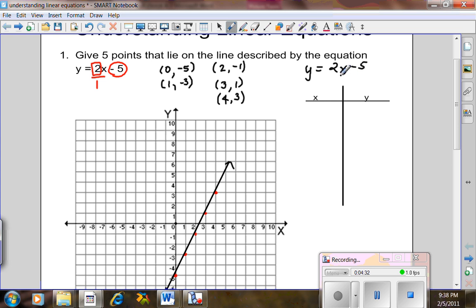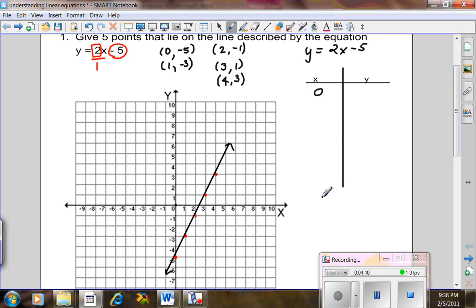So I'm going to put in 0 for x. And you could really choose anything, but I'm just going to go with 0 because 0 is easy. So if I were to plug in 0, I would say y equals 2 times 0 minus 5. And when you do the arithmetic, 2 times 0 is 0, minus 5 gives me -5. So I know when x is 0, the y value that goes with it is